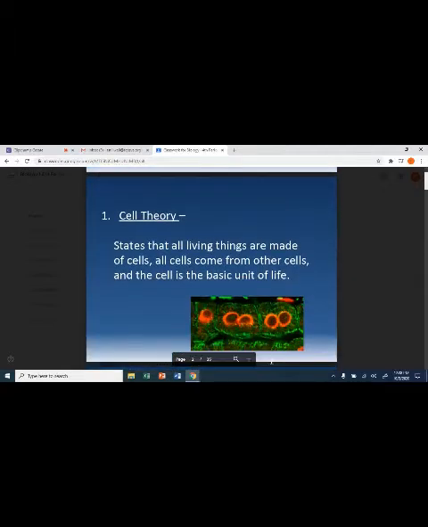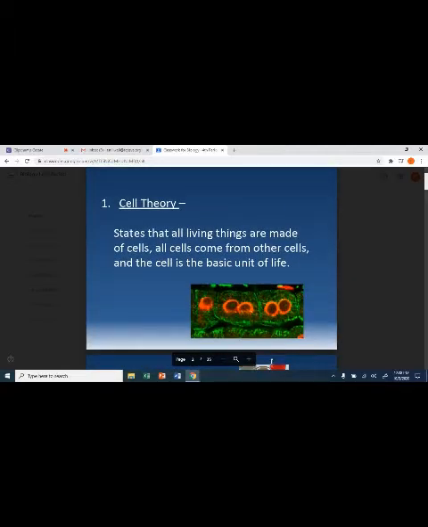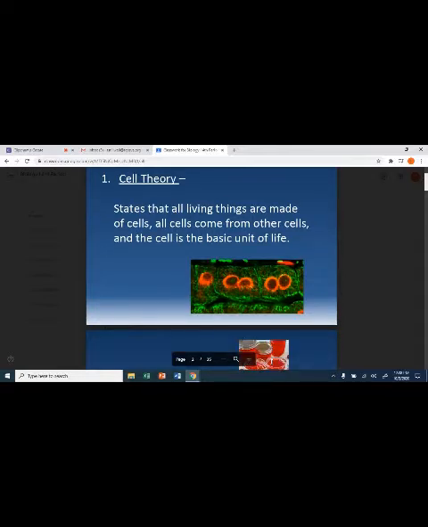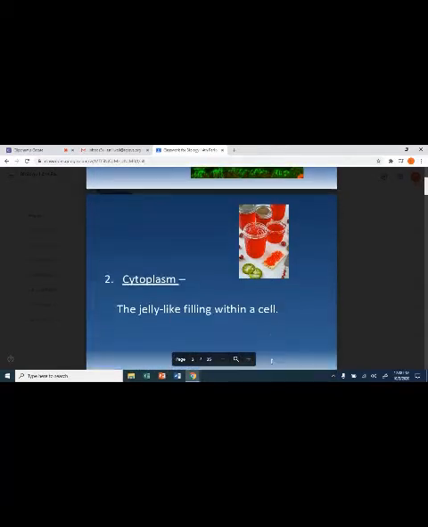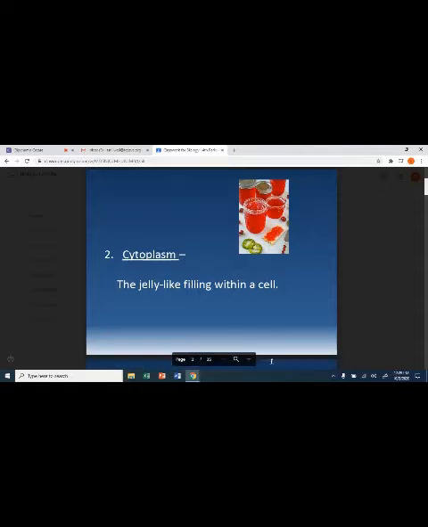The first one is cell theory. You have got to know this for your SOL. The cell theory states that all living things are made up of cells. All cells come from other cells, and the cell is the basic unit of life. Okay. Again, you will definitely be asked this on your SOL. And we're going to go over this in more detail. All of the stuff that we're going over right now, we're going to go over in more detail when we get through to the